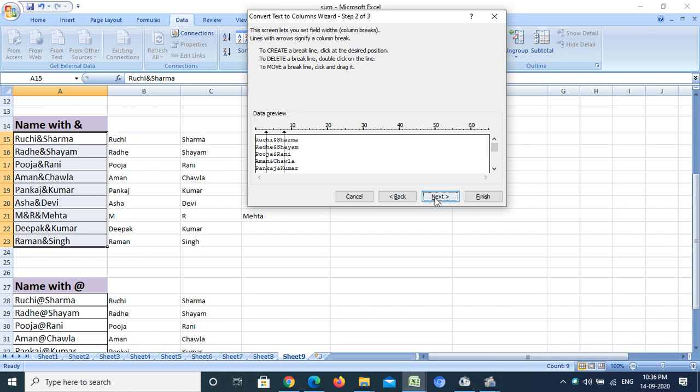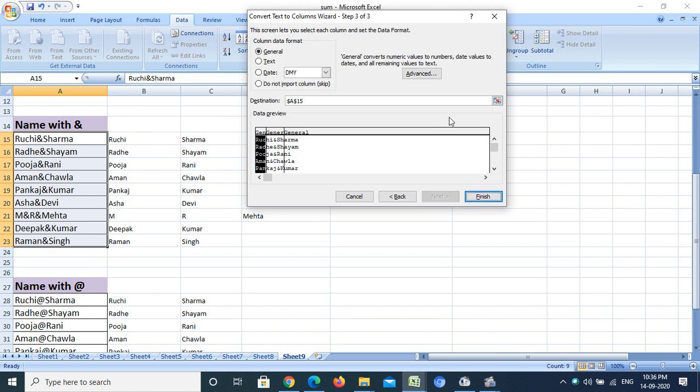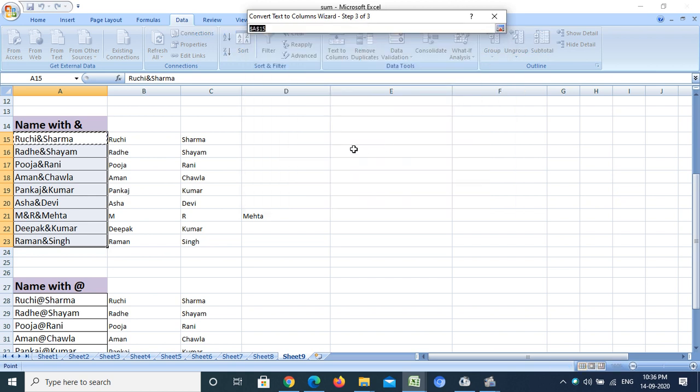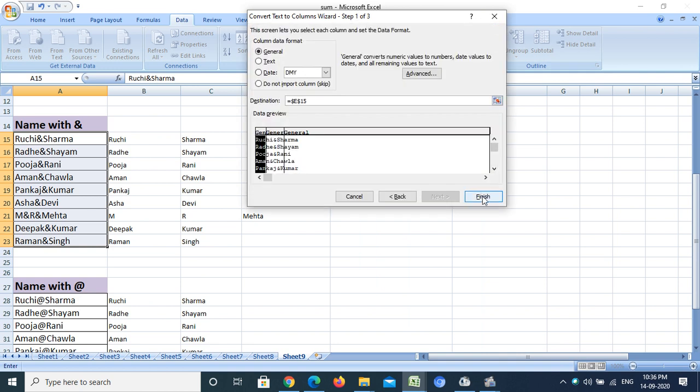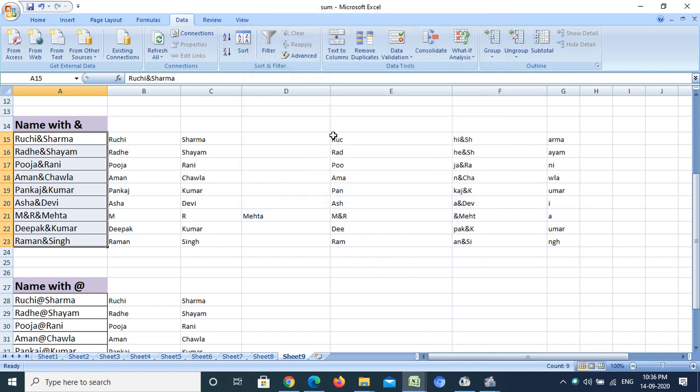I have to click on Next, give the desired location where you want your result. After that, I just press the Finish option. Now see, it created 3 columns. 3 alphabets in the first column as I chose earlier, some in the middle column, and the rest in the last column.